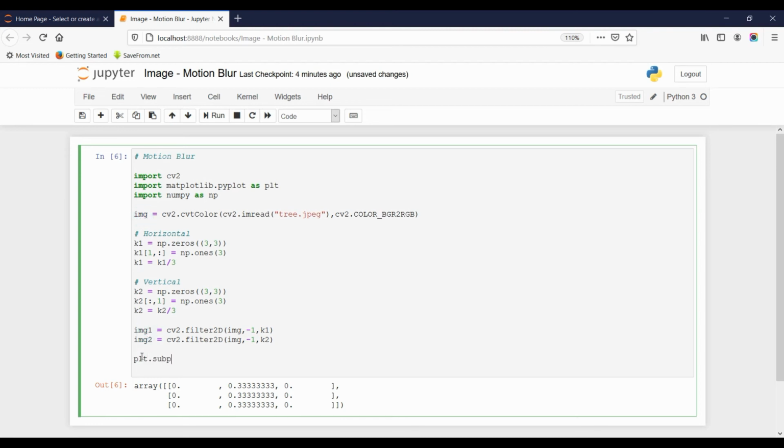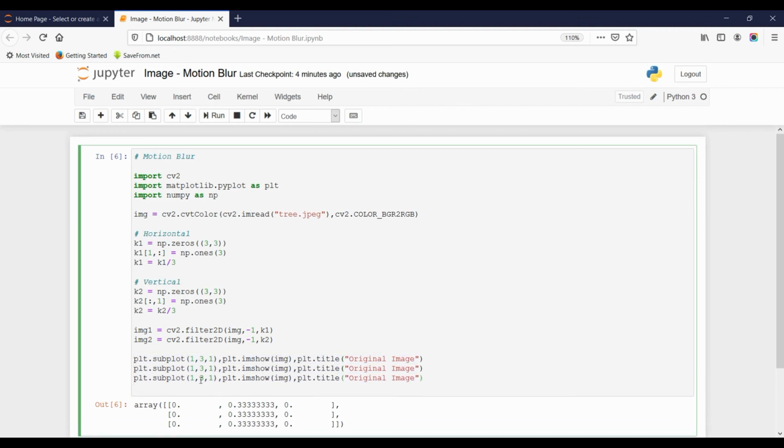plt.subplot with one row, three columns, first image. plt.imshow(img), plt.title original image, and this I will take as a copy: 132, 133, and here we will change to img1 and img2.